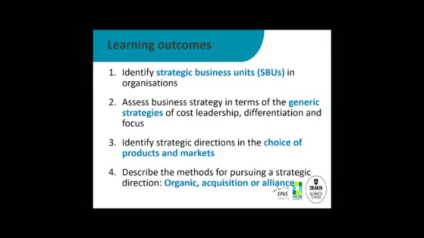So that's a strategic business unit, that's the definition. Just to repeat one more time, it can't be a functional group, it can't be a division in the organisation, because that's not capable of implementing a business level strategy. It has to be a combination of departments that constitutes an organisation which is fully capable of implementing a business level strategy, such as the decision to compete on the basis of cost, or to be differentiated, or compete on the basis of quality, or whatever it happens to be.